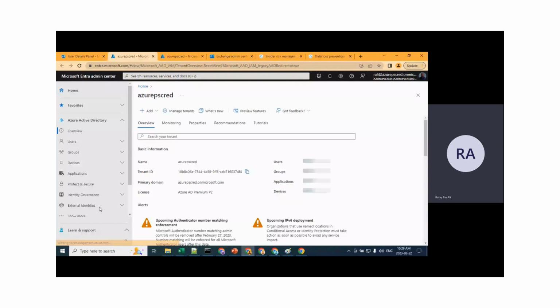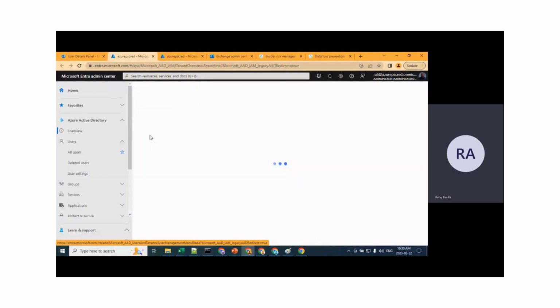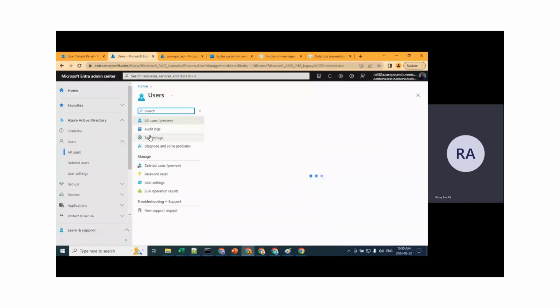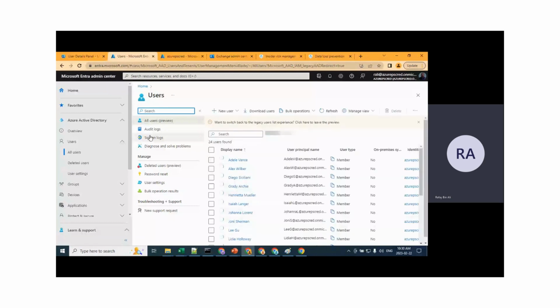So as you can see, if I go into Azure Active Directory, I have my admin panel over here. I can see all the users here. This is where server admins would usually go to do this. So let me open up one user. Let's say if I open this user here, and you can see